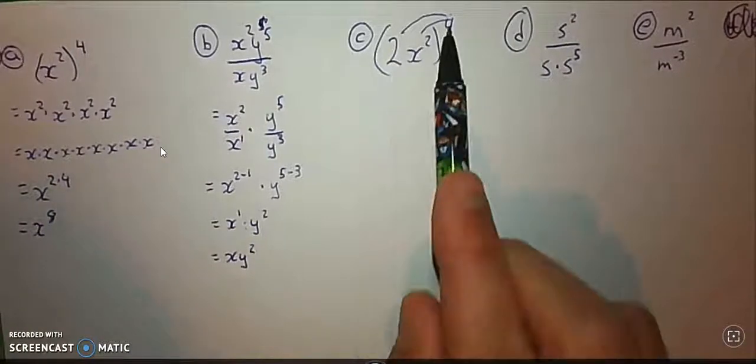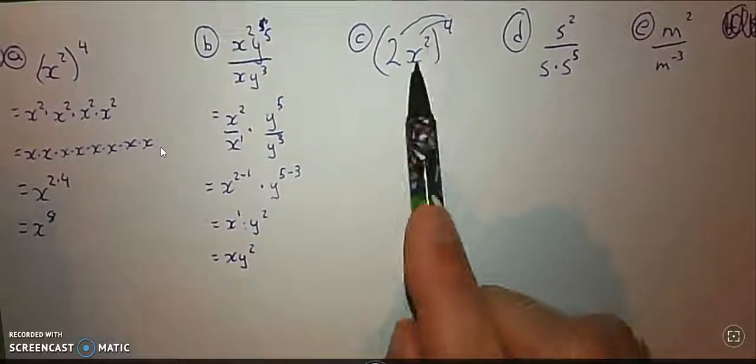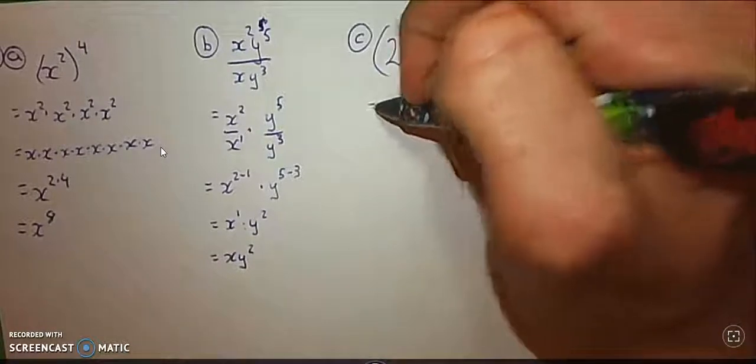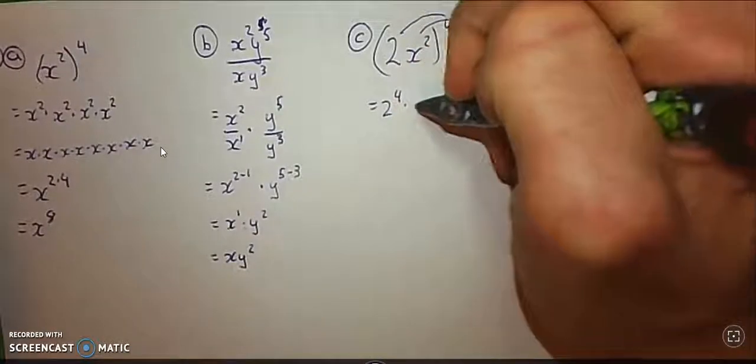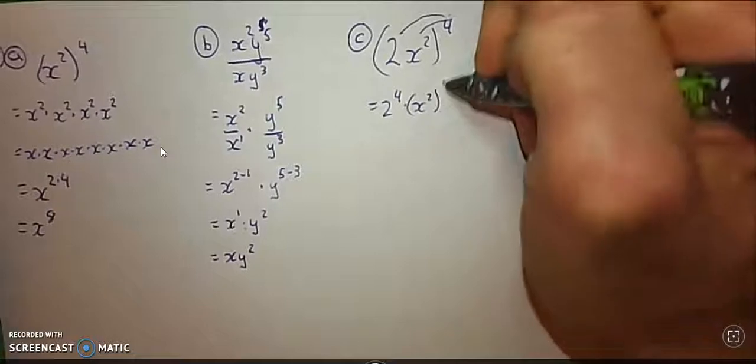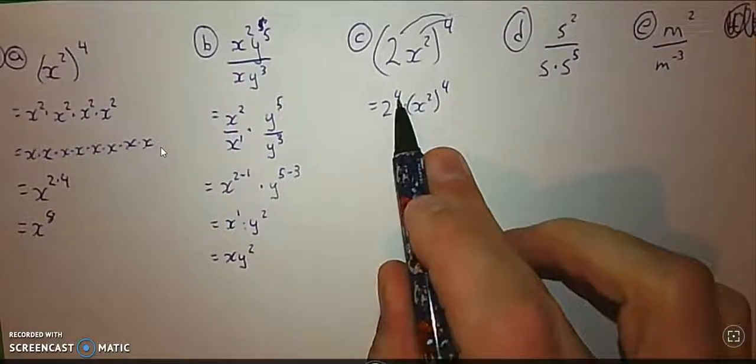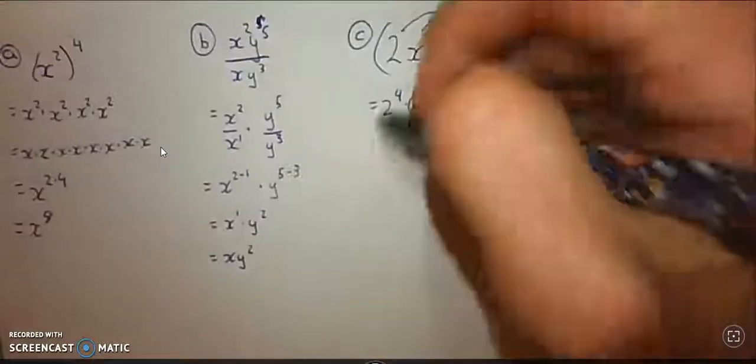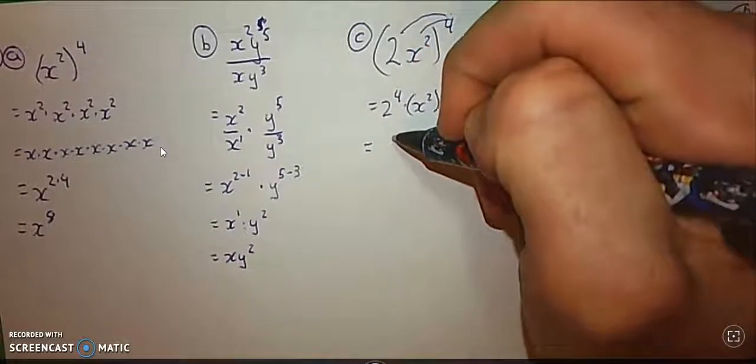For this one, we're just going to apply the power 4 to the 2 and the power 4 to the x. So we're going to have 2 to the power of 4 times x squared to the power of 4. 2 to the power of 4 is 2 times 2 times 2 times 2. Use your calculator and you will find that that is